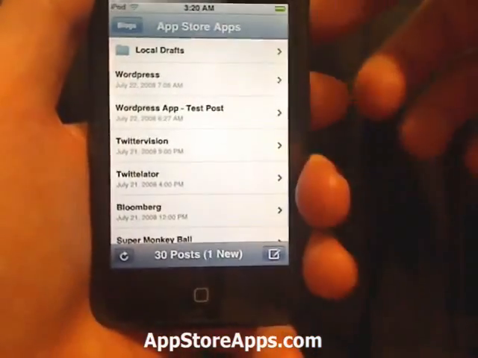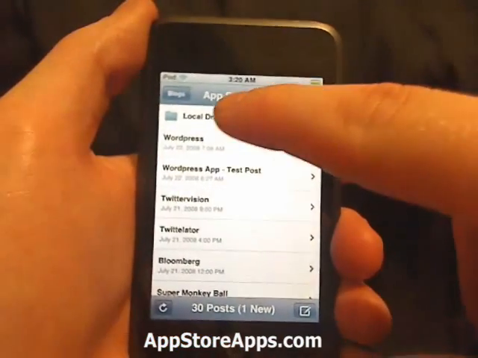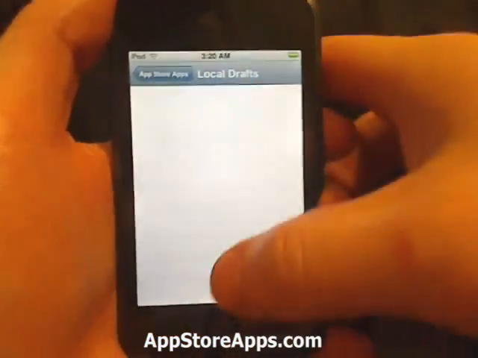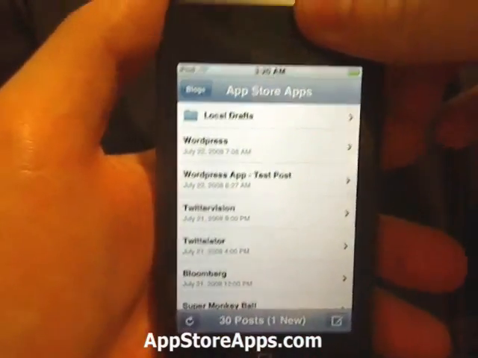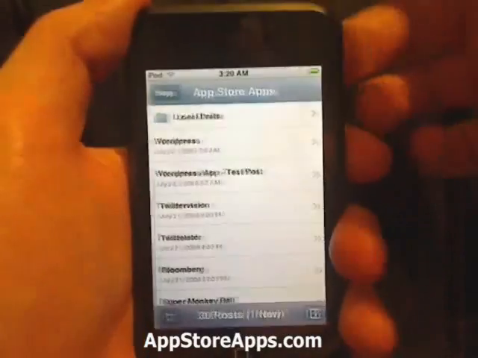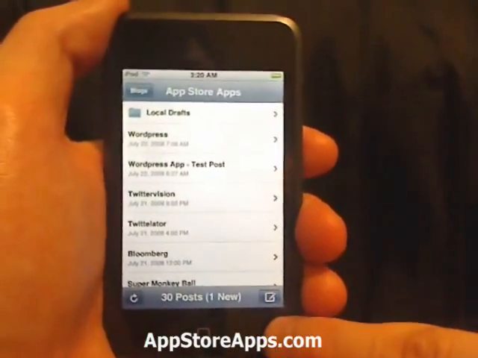or iPod Touch. We have a refresh button down here. We have a local drafts folder, which will list all of the local saved drafts that haven't been published yet. And then we have a blogs button that will take us, of course, back to our blog. Now, at the bottom right, we have a